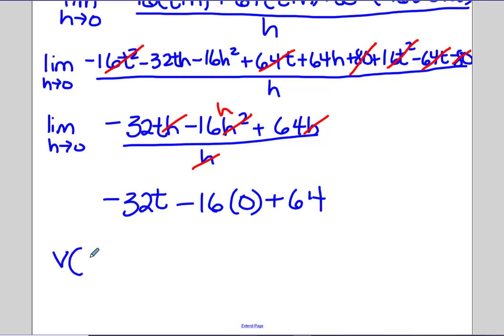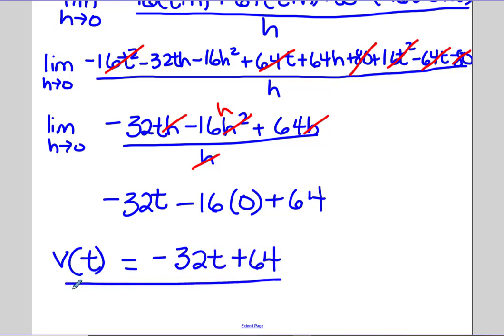So we've found that the velocity is negative 32t plus 64